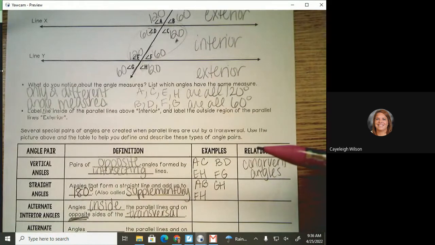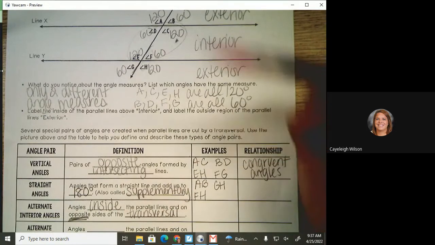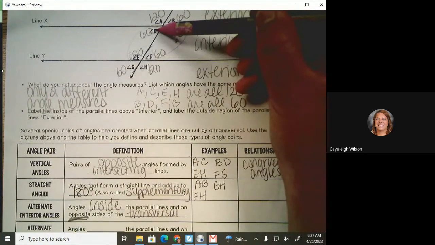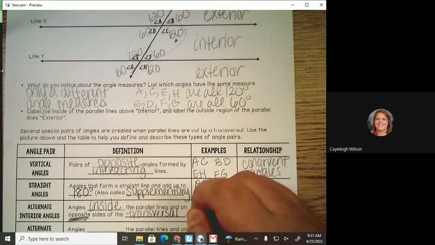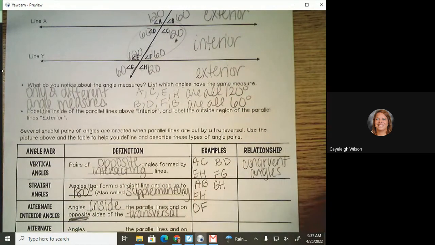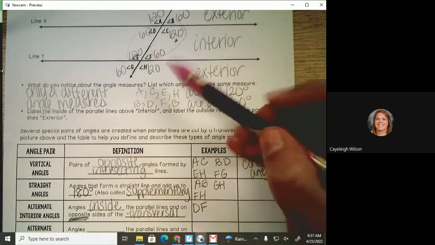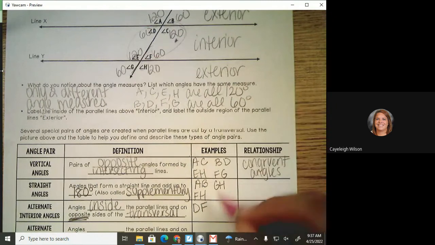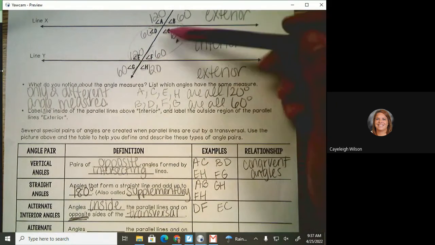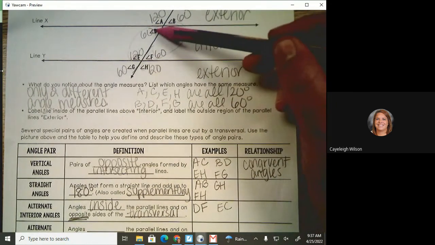So alternate are the ones that are on opposite sides of the transversal. So D and F. Are the only other one E and C, because they're the only ones that are interior but on opposite sides